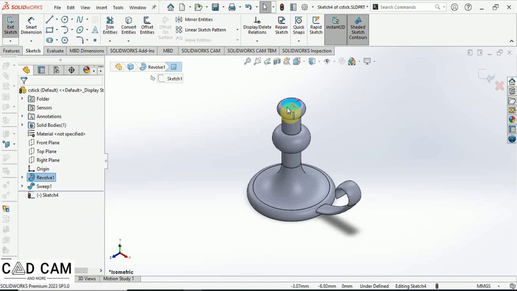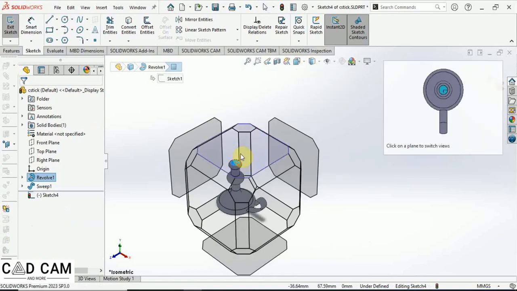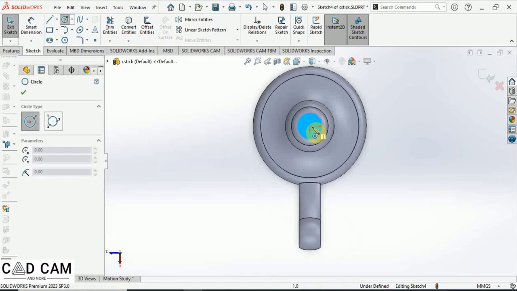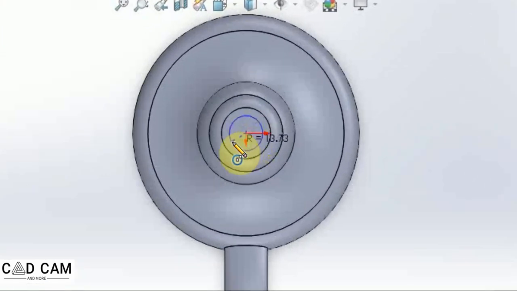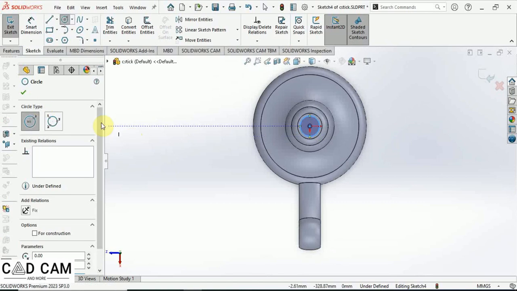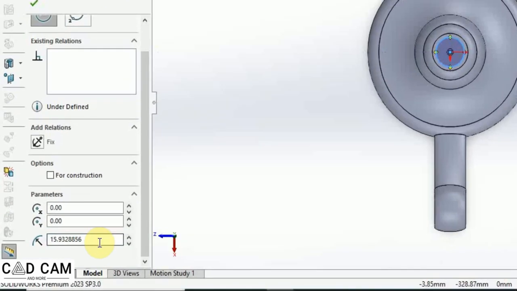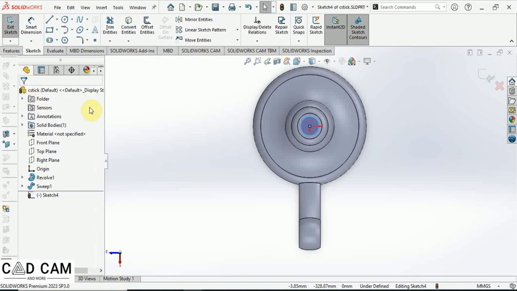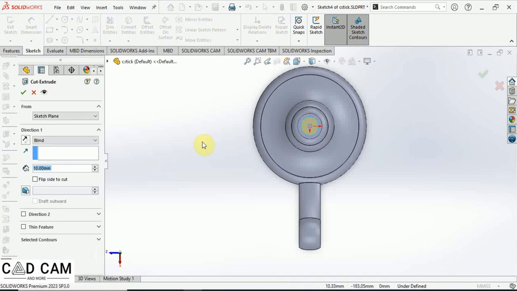Change your view to the normal view of the face that you have selected and draw a circle with the radius of 15 millimeters. And then exit sketch. To have a better view, go to the isometric view